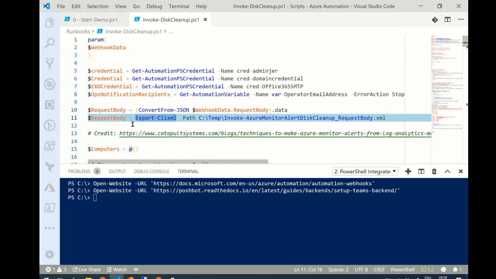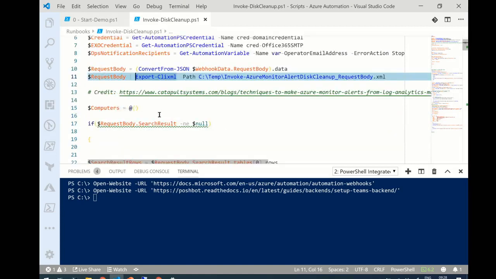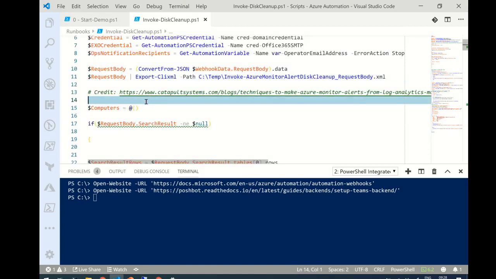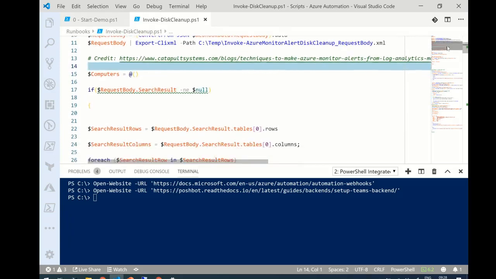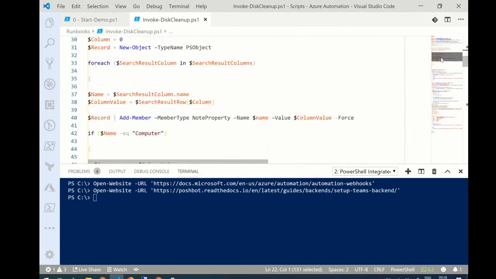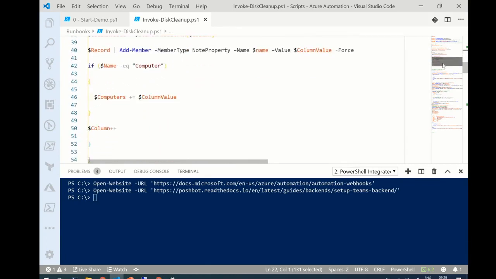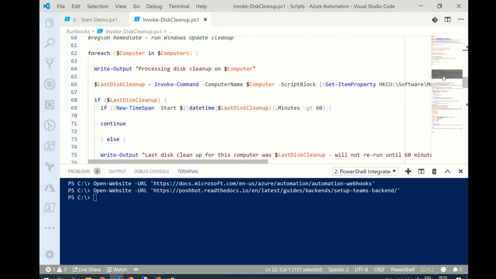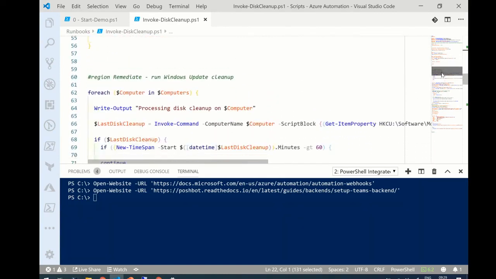Yeah, we are here. I'm parsing, so all of the credit for the parsing is to Cameron Fuller, a guy working a lot with Azure Monitor, which parses the results, because we have a table here with rows and columns, which represents the search results from the Log Analytics query. So here is basically parsing out. Then, when we have retrieved that, we have the name of the computer or the computers with low disk space